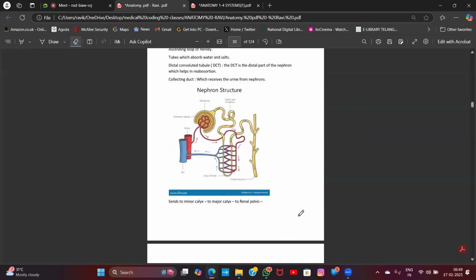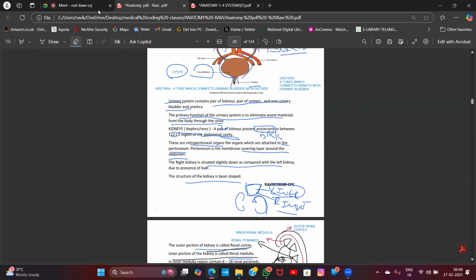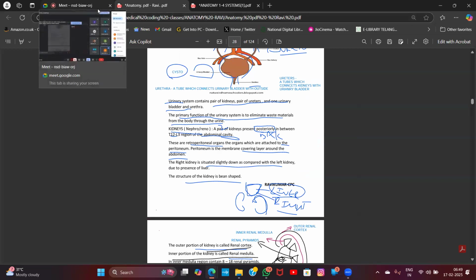If the interviewer asks you about the renal system, you have to say: a pair of kidneys, a pair of ureters, the urinary bladder, and the urethra. The kidney is divided into the outer cortex and the inner renal medulla. The medulla contains pyramid-like structures called renal pyramids, 8 to 18 of them. Renal pyramid leads to minor calyx, to major calyx, to renal pelvis, to ureters, to urinary